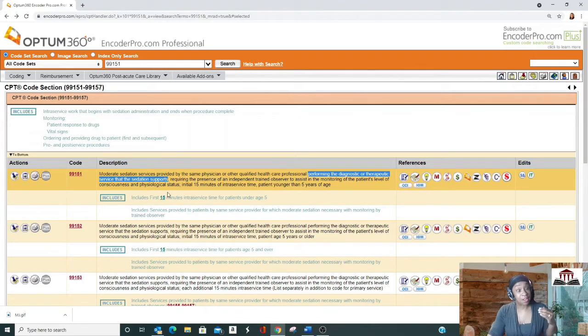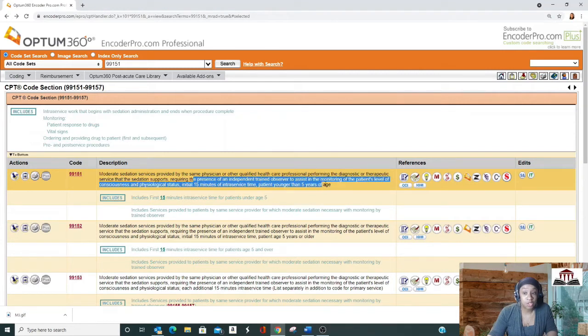So that's that first scenario I gave you, where my CVICU provider is doing a chest tube or a paracentesis or a lumbar puncture or any of those procedures. They've got dual roles. Because there are dual roles, you have two hands and two eyes, and you can only look at one thing at a time. Your hands can be in one place at a time. So if you have a provider with dual roles, like the case in 99151, that provider has to have an independent observer. Case in point, Michael Jackson, right?